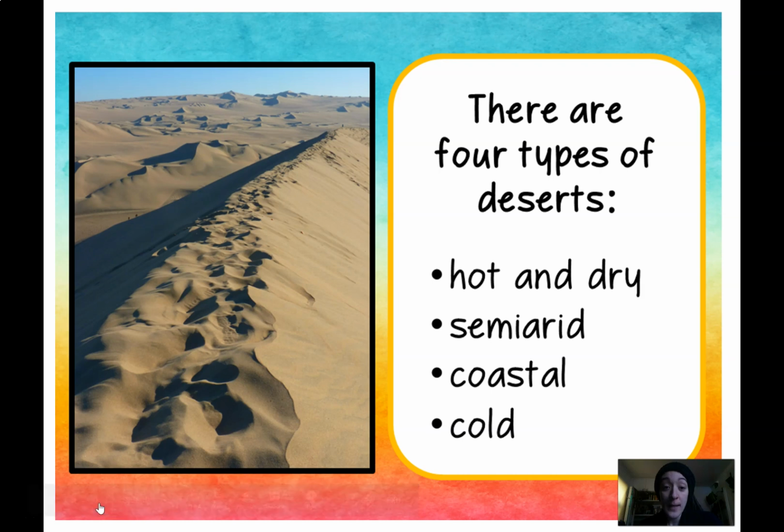And there are 4 main types of deserts. So you have hot and dry deserts, semi-arid deserts, coastal deserts, or cold deserts. So we are going to break down all of these different biomes and go into detail on each biome. But for today, I just want you to have a general idea of the 5 different types. Okay, so deserts are dry places, but